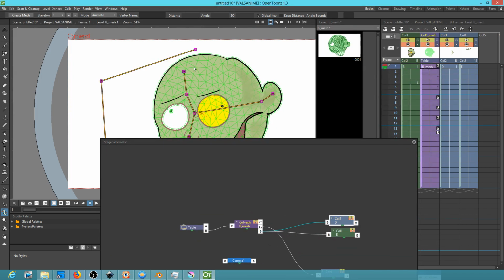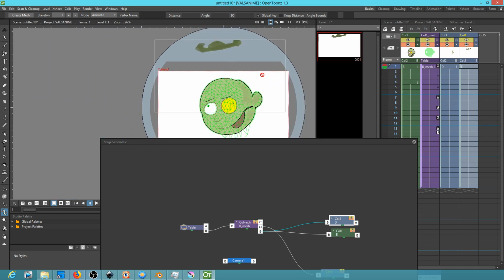Maybe that is not correct. I'm going to double check this. So here, it says it's number 13. So that's fine. Right now it's patched to 13, and there it is. So I need to offset this a little bit. Let's hit the Animate Tool, and I'm going to go into position mode, and I'm just going to bring this back down to where I